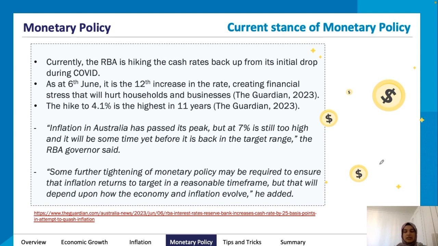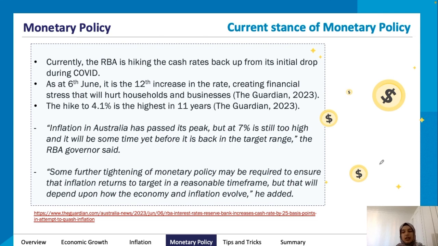They need necessities, and when the rate keeps going up, it becomes more difficult to attain those things. So there has been so much financial stress, and the RBA and the governor, Philip Lowe, has faced a lot of criticism